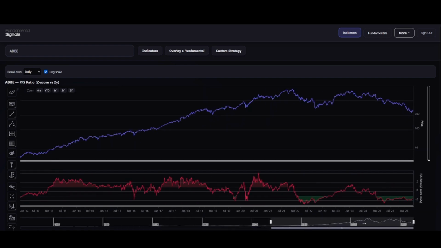I'm not going to go over them one by one. I just want to show you a couple of examples. And I think we should wait until this P/S ratio goes above -1 so we can time it better. You can DCA into this, but it's going to be long. It's not going to be easy.